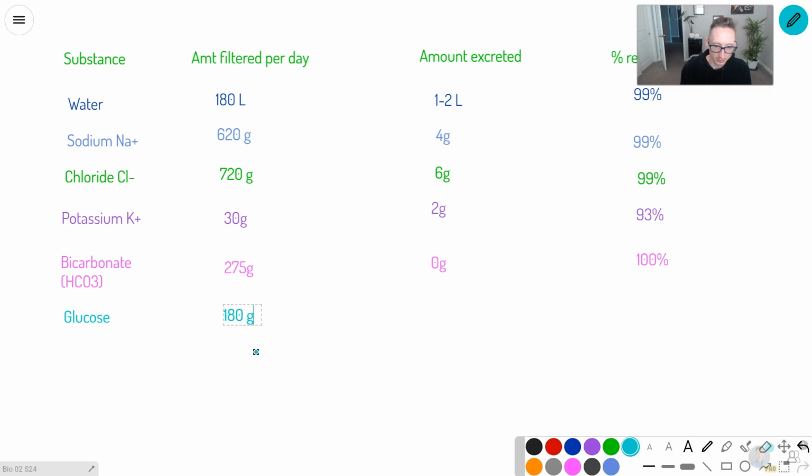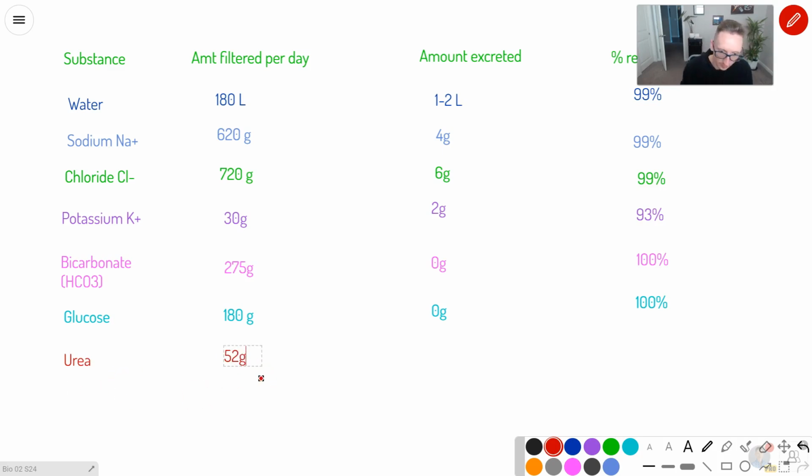180 grams of glucose, that's like 2 Coca-Colas worth, are getting filtered by your kidney every day. Again, 0 grams are excreted, so 100% is reabsorbed. Okay? And urea, like we just talked about. I drew that one in green. I'll do it in red here. Urea,